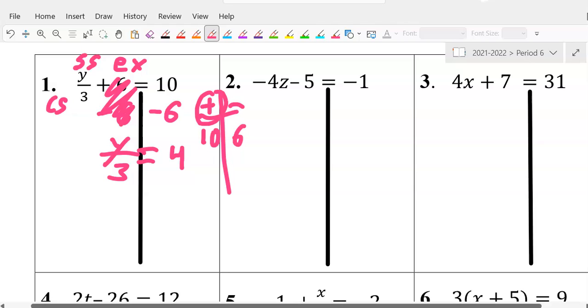So what do we need to get rid of? The 3. Right. Thank you for saying that, Jonah. Usually people don't give that extra part, but that's really good. So we need to get y by itself, so we need to get rid of the 3. How do we get rid of the 3? Multiply. Very good. The opposite of division. And if you do it on one side,